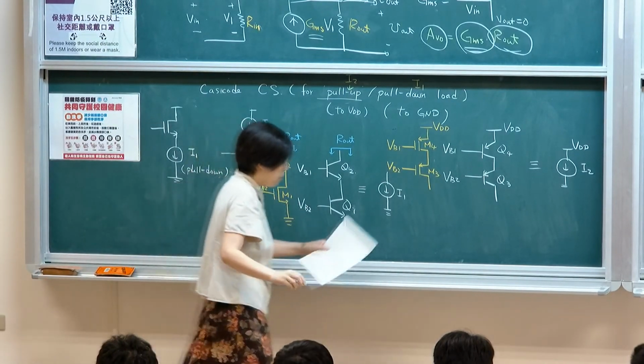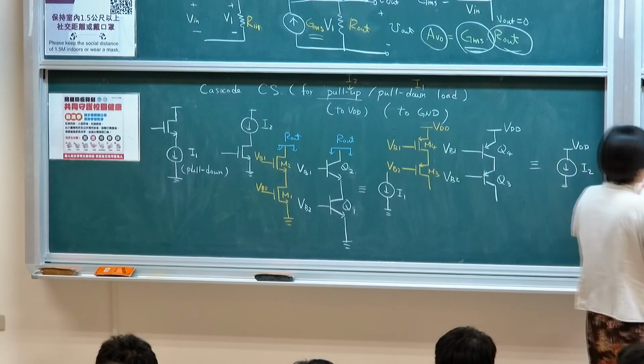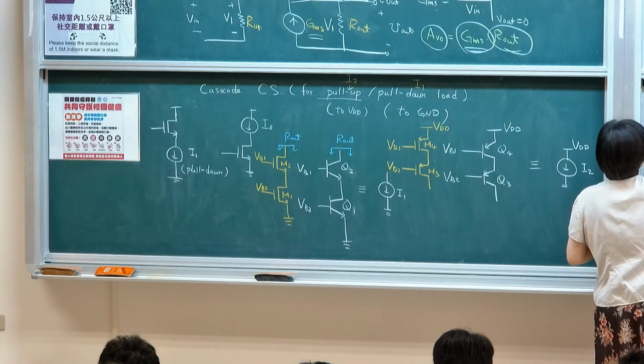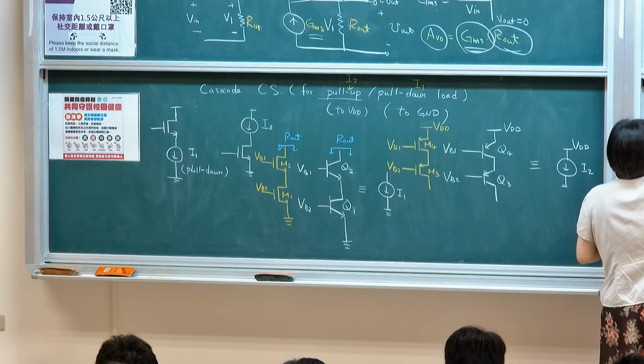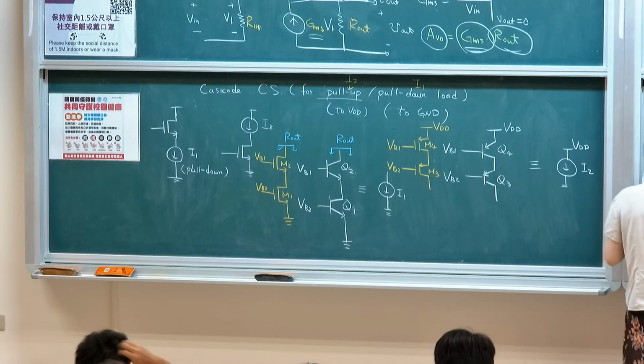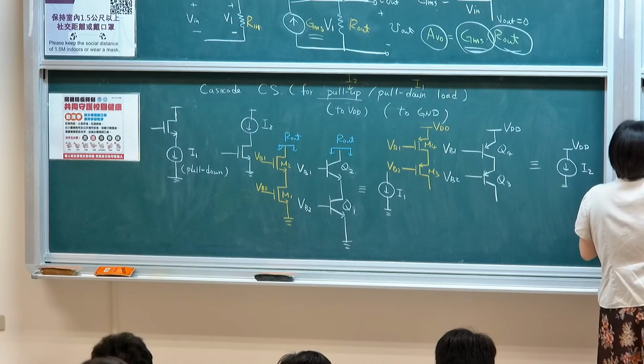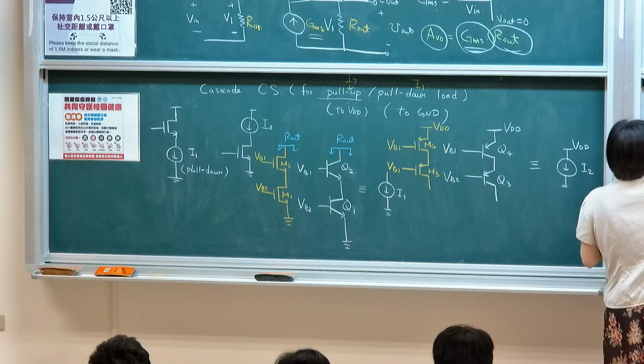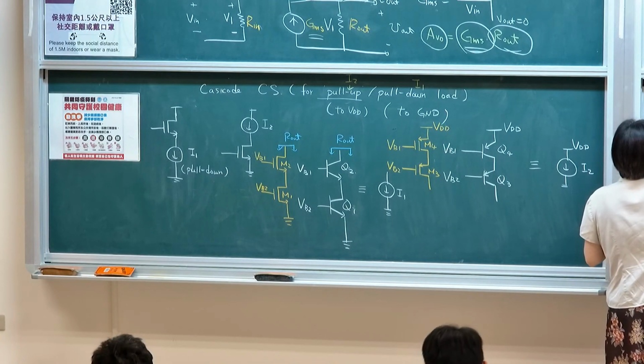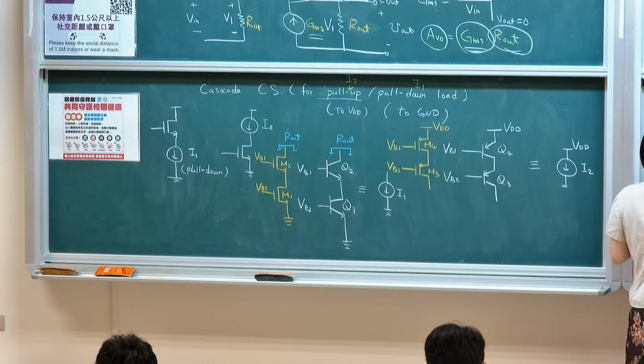Let's look at the MOSFET version first because it's easier. So for a MOS cascode current source,